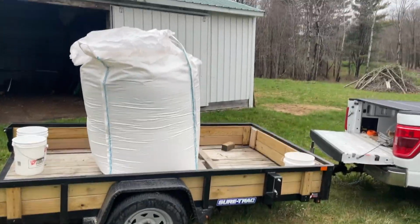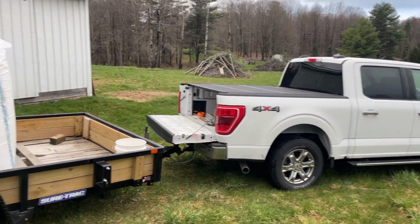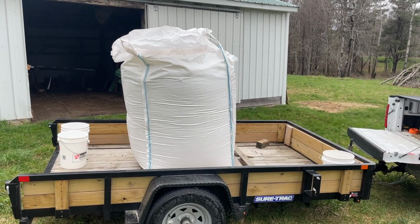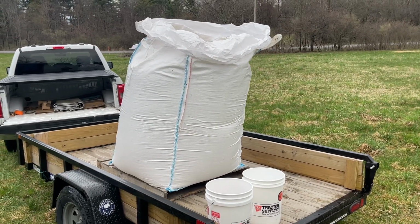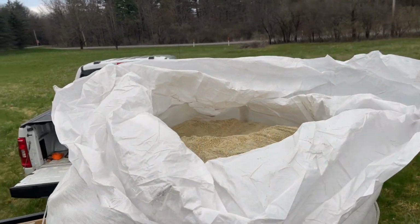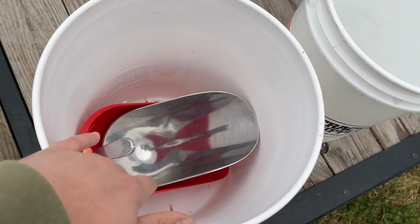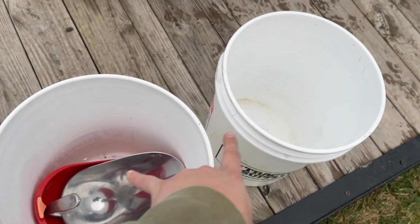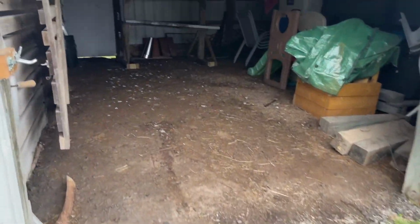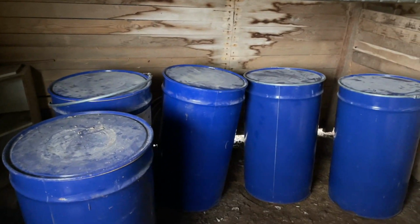2,000 pounds. That's a little bit too much to be just throwing in the back of the truck. So we just pulled in, and I'm gonna go ahead and get this unloaded. My typical strategy here is I'm gonna open up the top of the sack, scoop it out with these scoops into these 5-gallon buckets, and then walk over here into the barn, and dump it into these